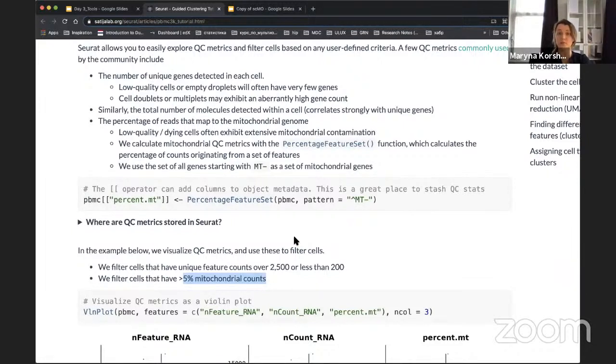However, from the biological side, the percentage of mitochondrial genes, even for well-prepared samples, even for healthy samples, may vary and be bigger than 5%. And usually, it's better to set this cutoff not strictly at 5%, but much more,